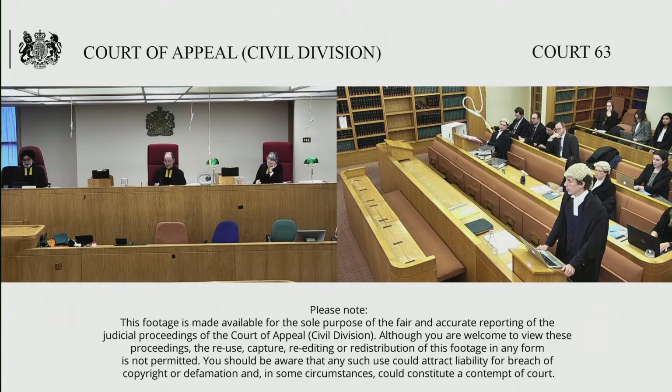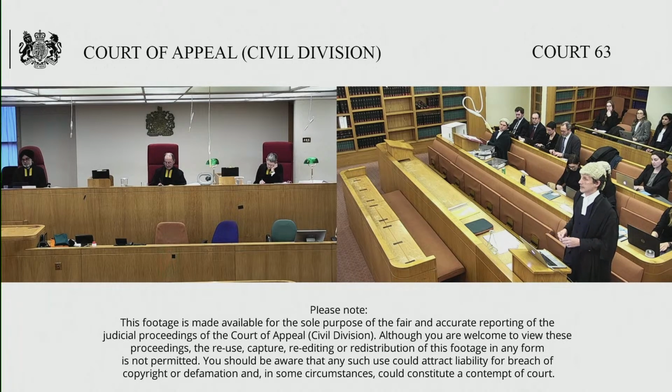The submissions on relief we have made in our skeleton, they repeat the ones we've effectively made below. There is some support for the contention that in relation to non-statutory guidance, the declarations can be sufficient, which explains why we put our case in that way. But now with the ingenious introduction of suspended quashing orders, we would suggest that this might be a case, should we get to that stage of the analysis, where one is appropriate, if only because delay is endemic in this